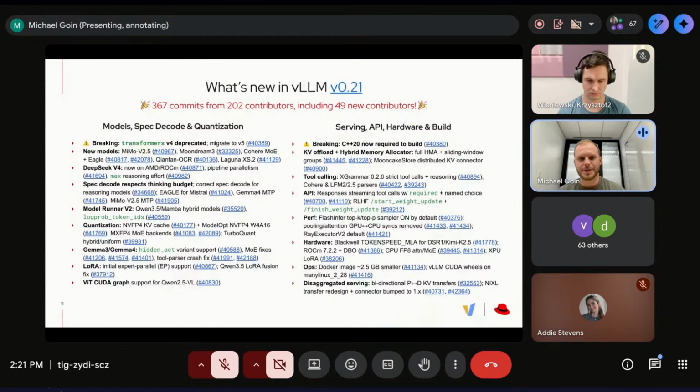Slight update for building. C++ 20 is now the default for building. This is something we can't control too much and needed for PyTorch support, but still want to call it out regardless. Yeah, we had quite a few model releases within this release window. So the latest Nemo v2.5 model, Moondream 3 support was added, which has been in works for a while. The latest Cohere model released, and the Laguna model from Poolside AI released as well. DeepSeek v4 saw support for AMD ROCm GPUs finally landing, as well as pipeline parallelism support. And we have a lot more optimization work incoming for v4 that's on the way in the next release.